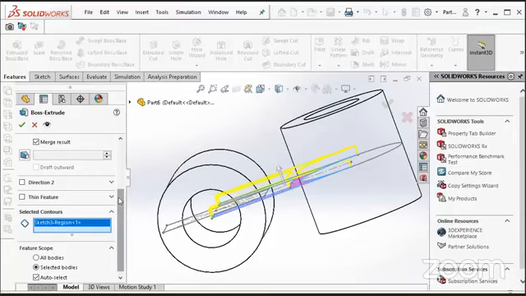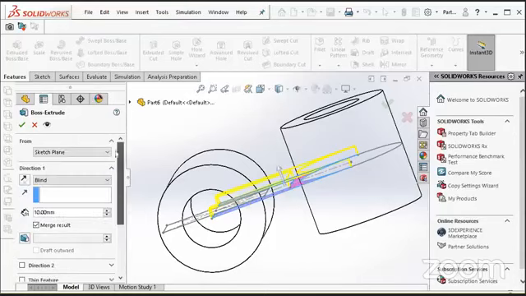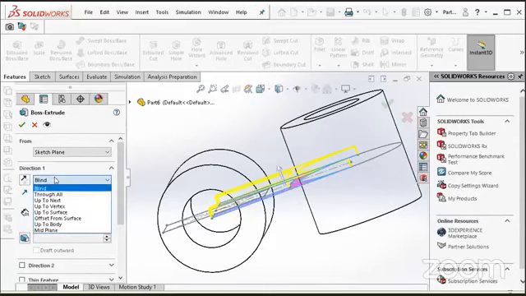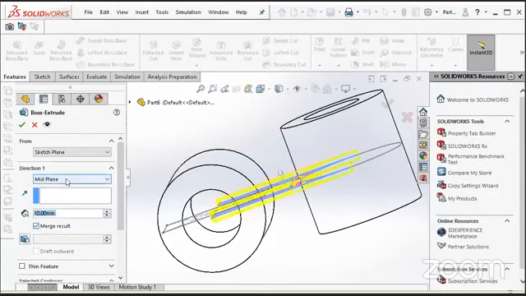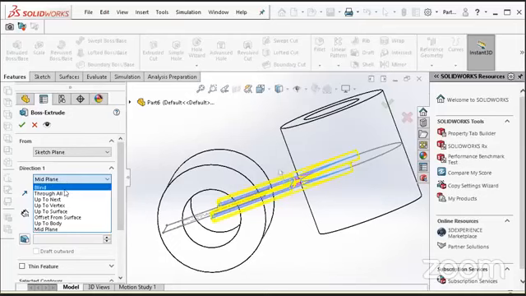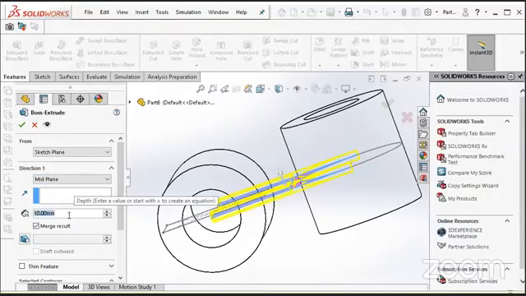I will give this value from the midplane, the option I selected. There are a lot of options we can use, like through all, up to the next, up to vertex or surface. But for my case, I will select midplane and define the value.